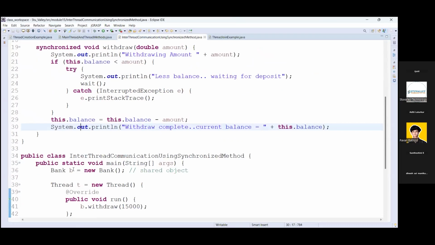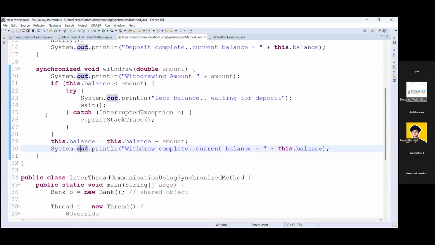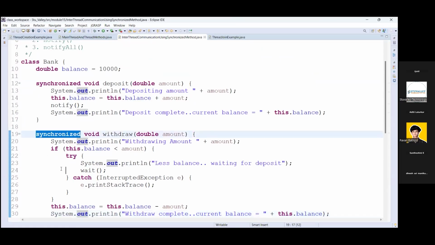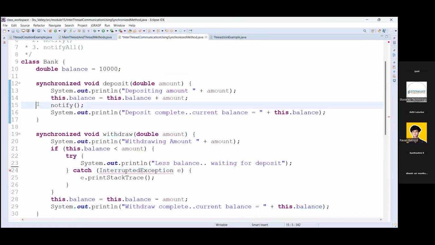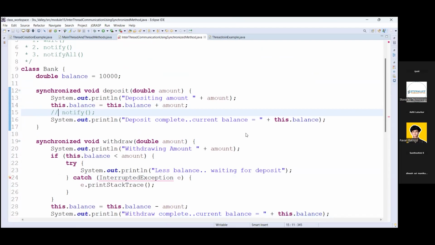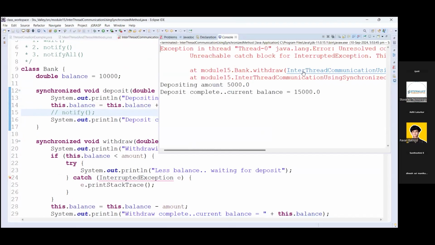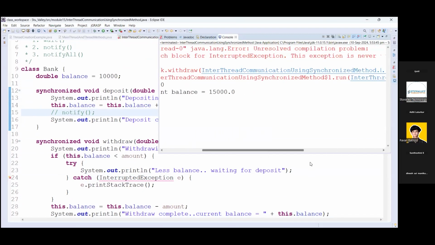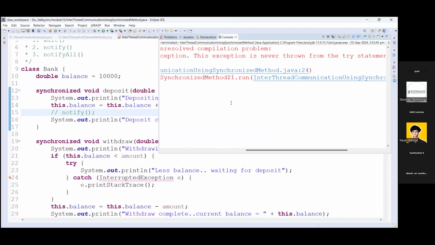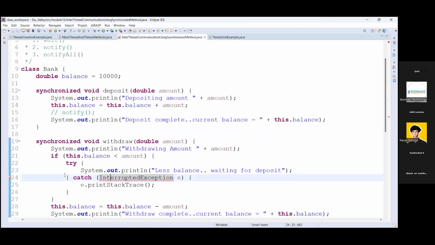So without this synchronization or without this wait and notify method, if we try to execute, it gives you the InterruptedException, because I have removed it. Basically, I've removed the try catch.